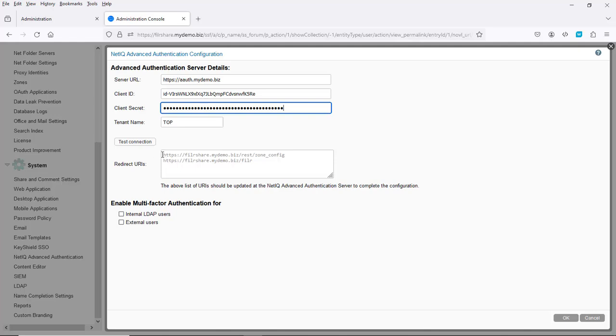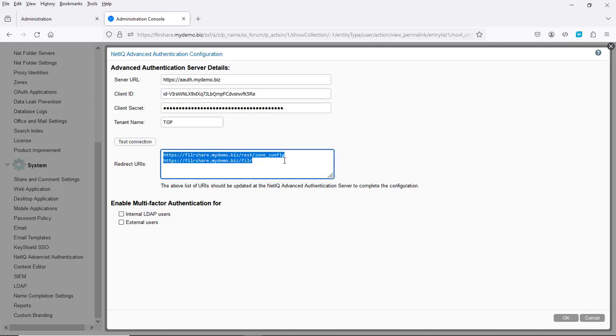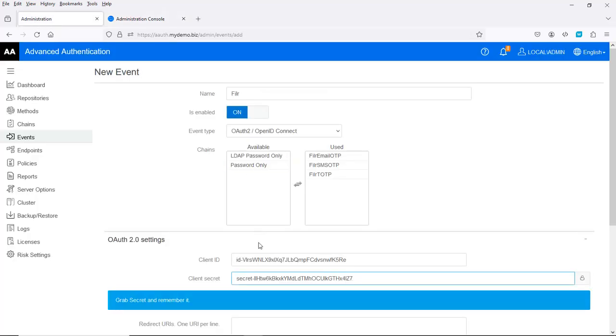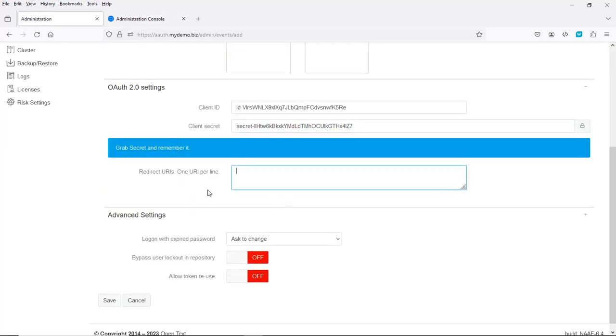Next thing I need to do is, I've got these fields here, the redirect URLs in Filr. I just need to copy those from Filr, and paste those into this field. So if I'm going to be hitting that server on more than one host name or the IP address, then I need to repeat these 2 lines, just changing the host name for the different host name or the IP address here. In this instance we'll just leave it as we've got there, and then I'm just going to do